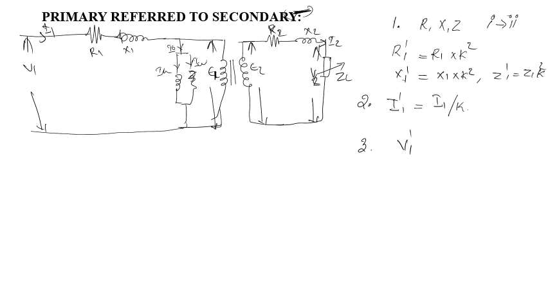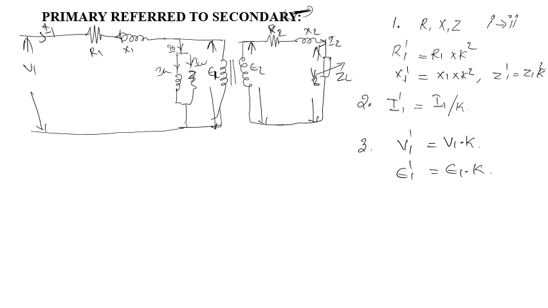When transferred to secondary, it is V1 dash, which is equal to V1 into K. And there is one more voltage, the induced voltage E1. When transferred to secondary, it is E1 dash, which is E1 into K. These are the rules that we have to consider to transfer from